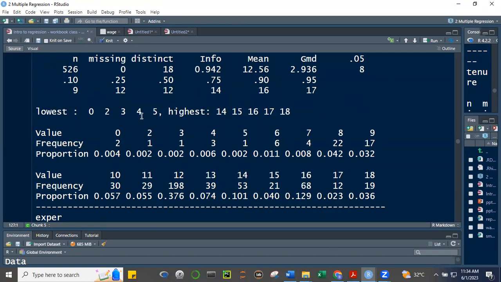Okay, and then 1, 2, 3, 4, 1, 2, 3, 4, 5. This refers to, okay, ito yung value natin, yung 0, 2, 3, 4, 5, 6, 7, 8, 9. Tapos yung frequency niya. Okay, and then yung proportion. So ito class yung mga values in education from 0 up to 18, and then it creates a frequency distribution. Ilan yung 10? So 30. Ilan yung 11? 29. Okay, you can see here that most of the values are concentrated at the mean or